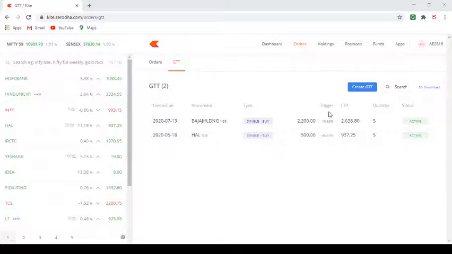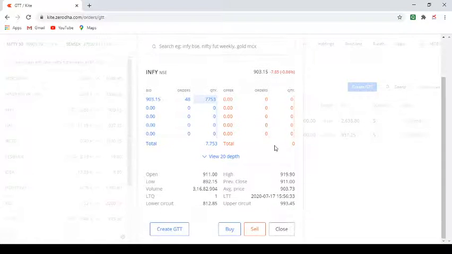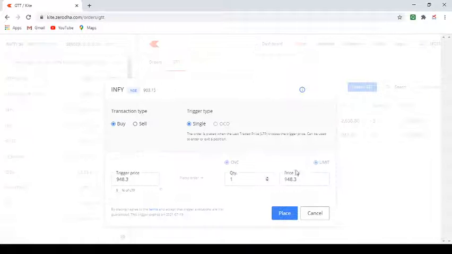So let's go to the Zerodha site and check out. So here I have logged on to the Kite Zerodha platform, and if you go to orders, you can see a section called Create GTT. So I'll create a GTT for, let's say, Infosys, the same example we took. So click on Infosys and it will show you the details, and then you Create GTT. So since I already have Infosys, I want to sell it, and we'll come to this part later. Single or OCO, one cancels the other.